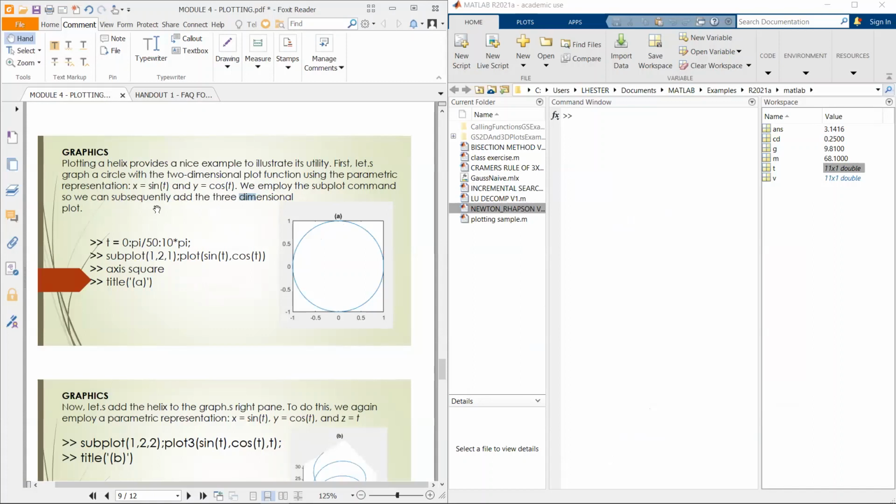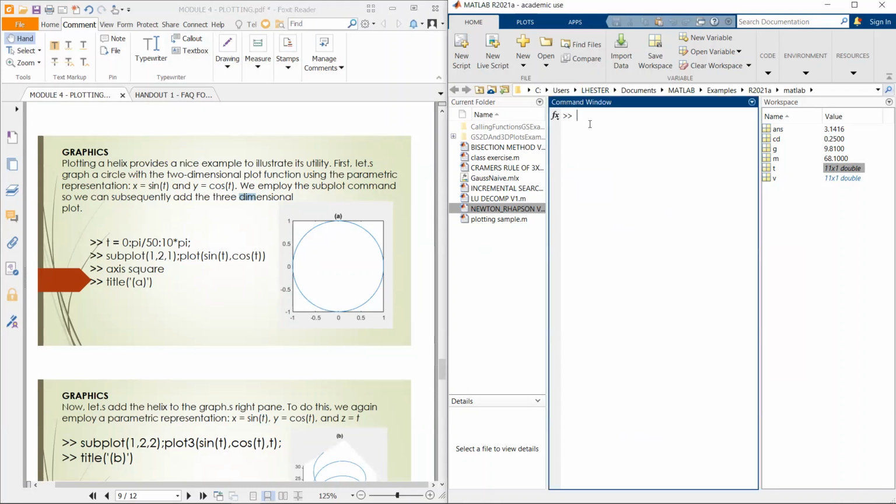Okay. We employed the subplot command so we can subsequently add the 3-dimensional plots on the other subplot. Okay. So ang t natin is naka 0 to 10 pi with an increment of pi over 50. So hindi siya naka column vector, naka row vector lang siya. So clear ko na rin yung workspace. So type ko yung clear. Okay, na-clear yung workspace. Yung naka-save sa workspace. Okay. So t is equals to 0 to increment of pi over 50,